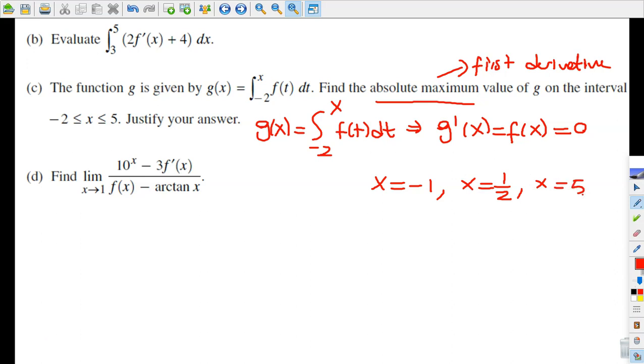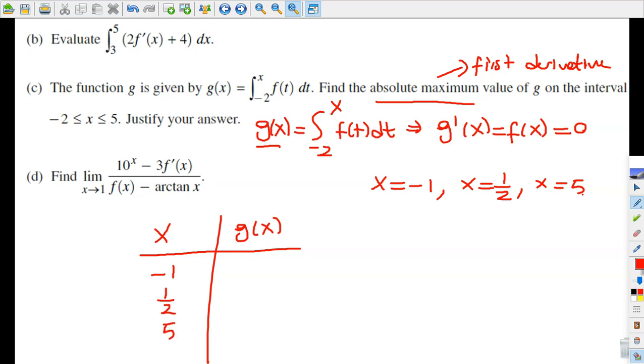So now we have to analyze these values in the g of x function. So basically x and g of x. So let's put the x values. The first one is negative 1, the second one is 1/2 and 5, and